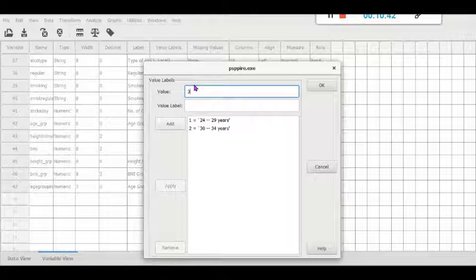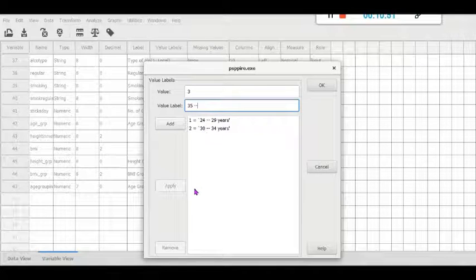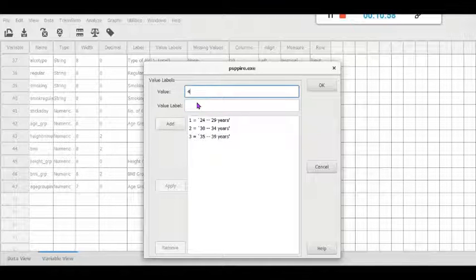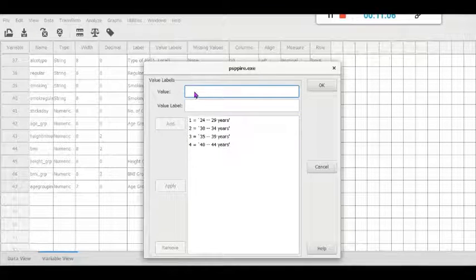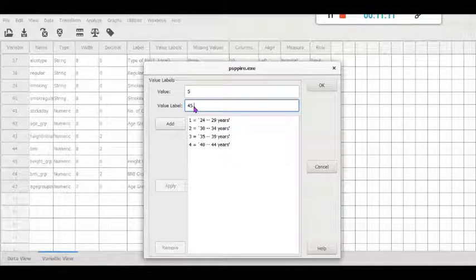Add for 3, 35 to 39 years. Add fourth value 40 to 44 years. Fifth value is 45 to 49 years.